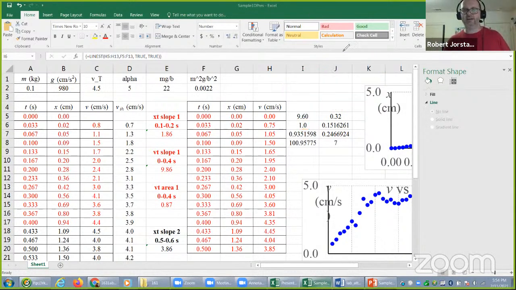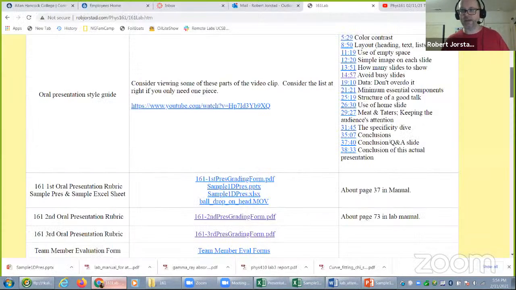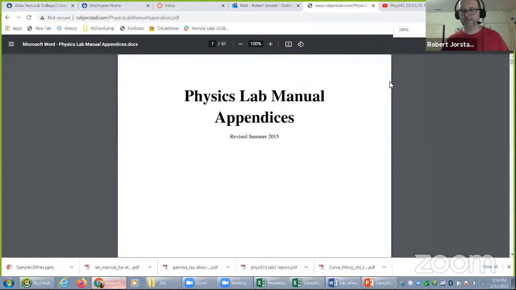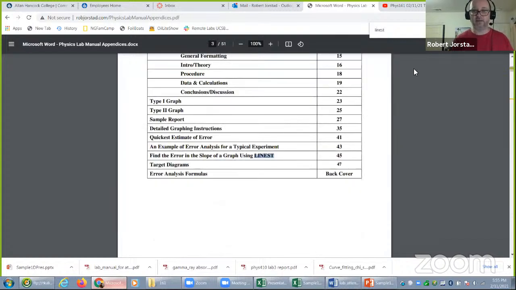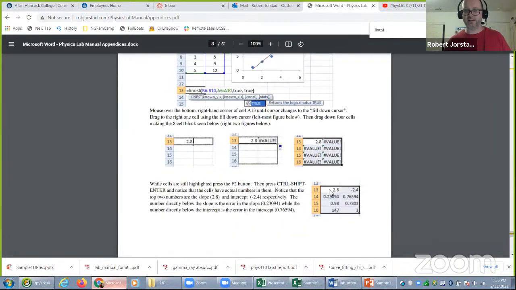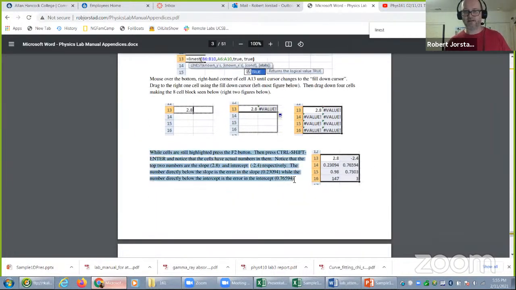All right, now that was a lot. I promised I would show you where that is. If you go up here to the Lab Manual Appendices, hit Control F and just type LINEST. And so there it is. It's got all this information for you, including screenshots, and it tells you what everything means. It tells you everything you need. The reason I'm telling you this is it can make your talk sound a little bit nicer. If you say, here's the thing we measured, and this is how well we think we measured it. That's all that's about. I'm going to stop the